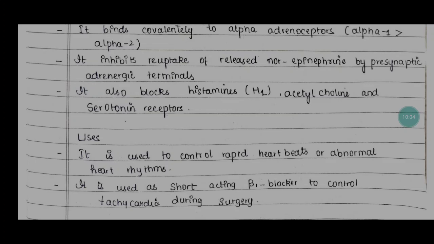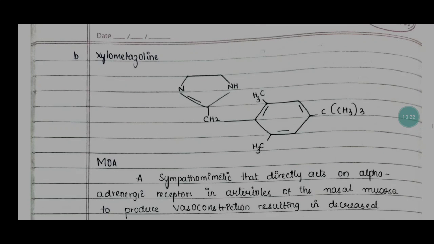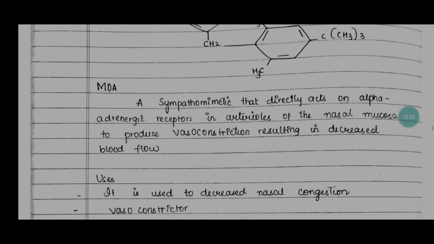And the uses for esmolol: it is used to control rapid heartbeats or abnormal heart rhythm. It is also used as a short-acting beta blocker to control tachycardia during surgery. And number B, that is xylometazoline, where the structure and mechanism of action: a sympathomimetic that directly acts on the